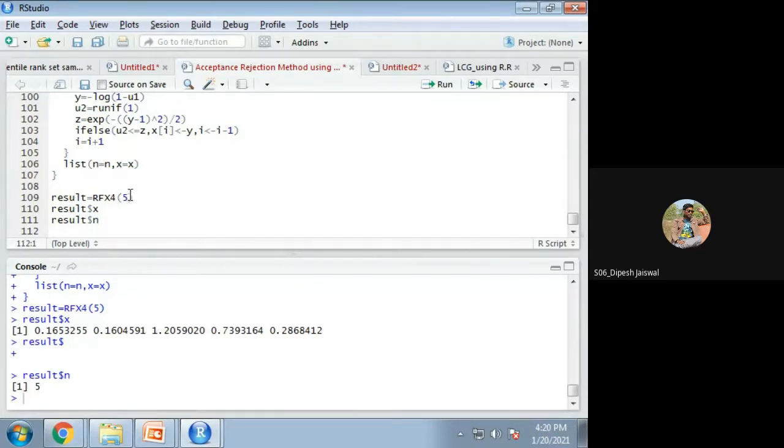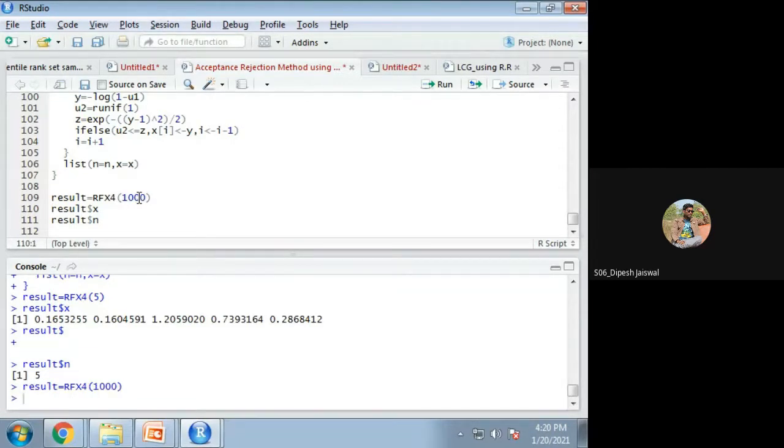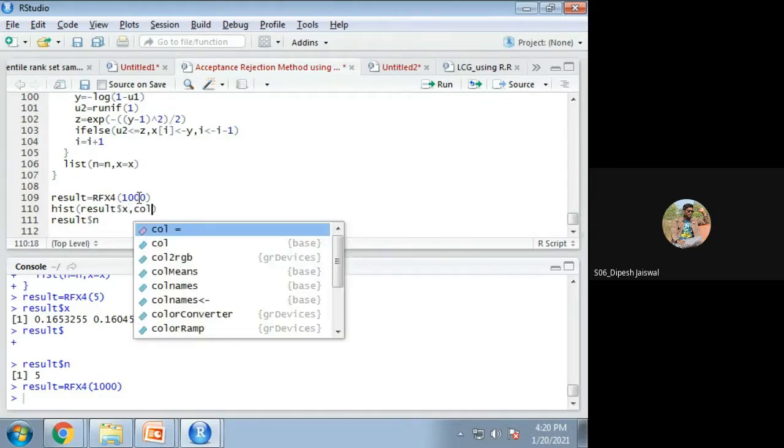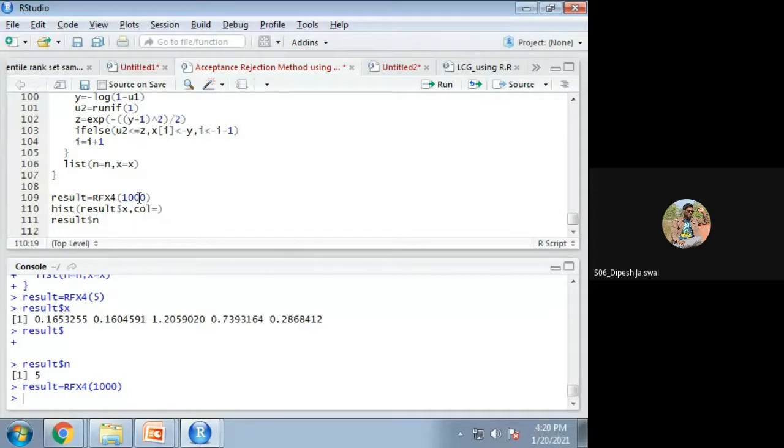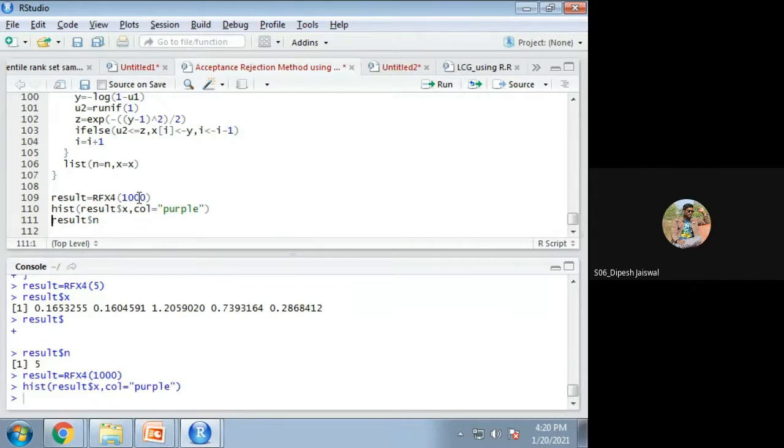So if you just change it, 1000 random numbers it has generated, and just make the histogram of these 1000 random numbers with color equal to purple.